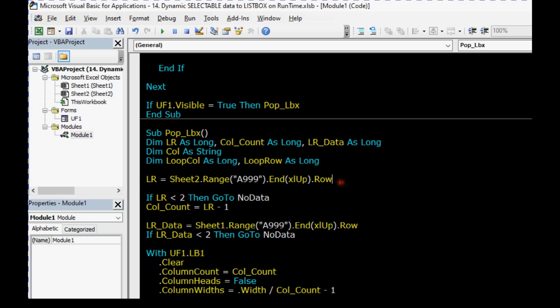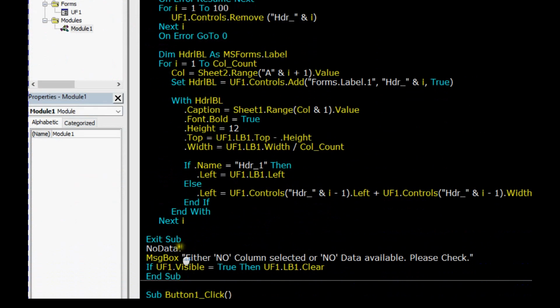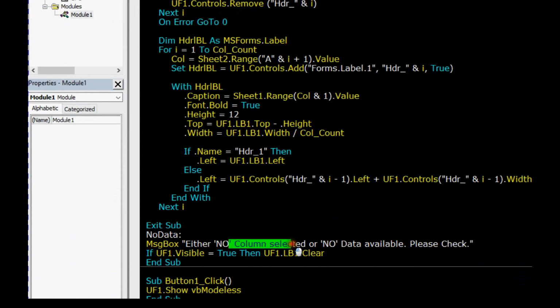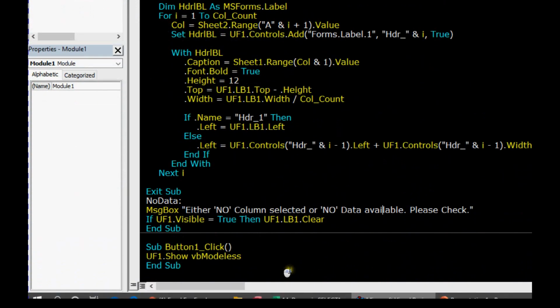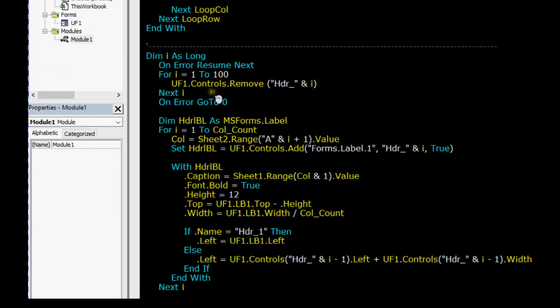We find the last row filled in Sheet2 where the column letters are added. And then if the LR is less than 2, which means no column has been added, then we go to NoData. NoData is simply a message box: either no column selected or no data available, please check. So that's what it is doing, and if the user form is visible, it will clear off the user form's list box.